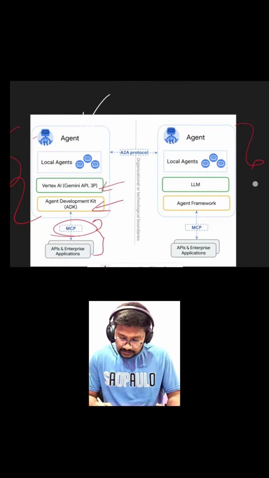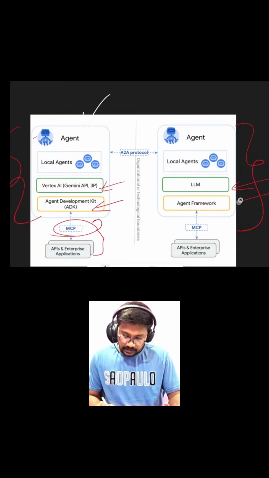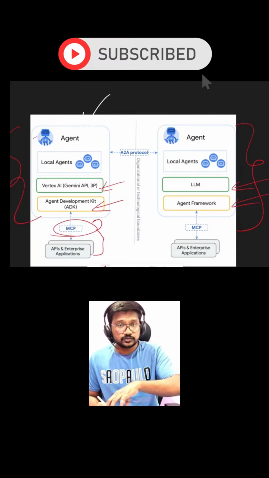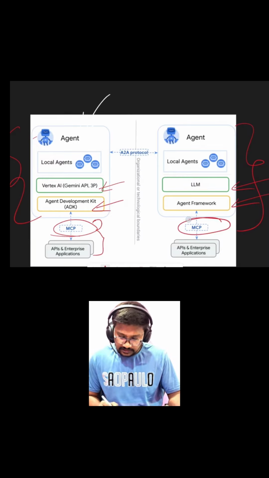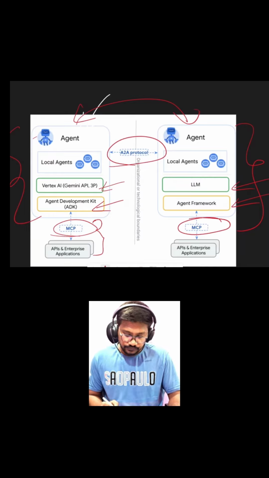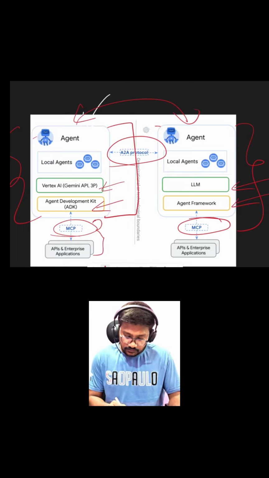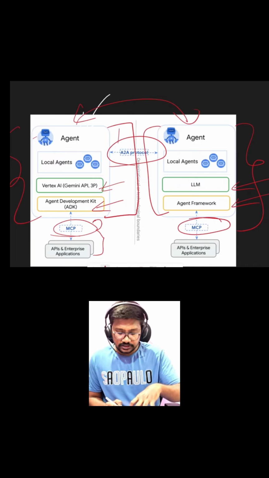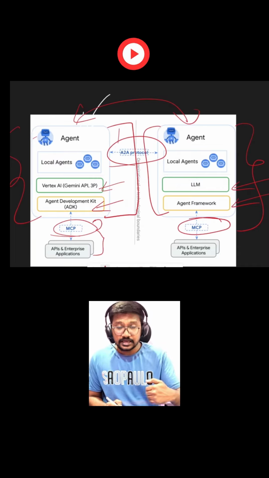Now we have another agent which is built on OpenAI maybe, or Microsoft frameworks, and it can interact with its enterprise APIs, which are not exposed to the outside world, with an MCP server. Now if these two agents want to communicate with each other, we can have a common protocol, which is the A2A protocol. This forms a layer over these agents with all the necessary key concepts which help agents to